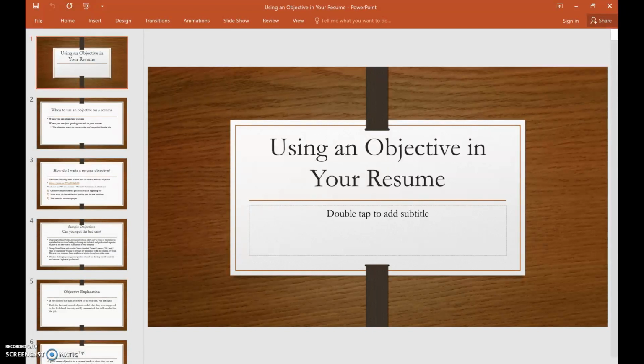And I will tell you that yes, that might be true, but with the research that we've done, people who are entering their careers for the first time should still be using objectives, and people who are making switches in careers should also use objectives. So for that reason, most of you are here because you're either entering your career for the first time, or you're switching careers. So that is why we've made the conscious decision to stick with objectives in the resume.